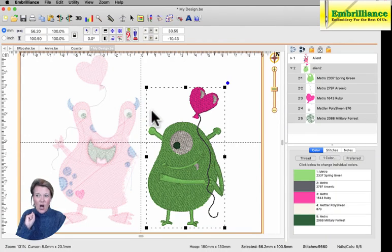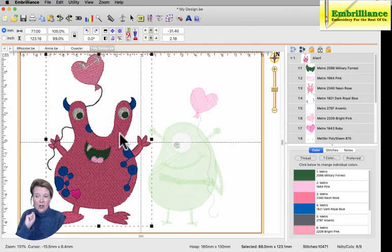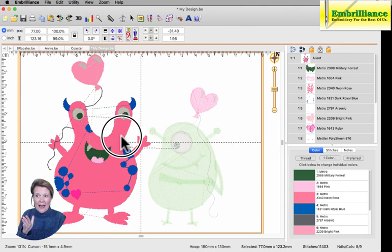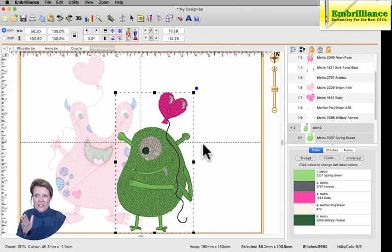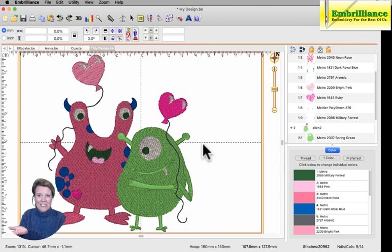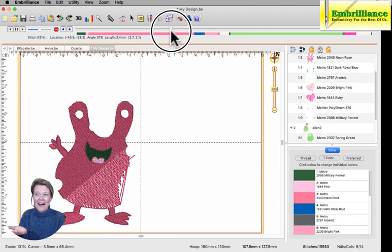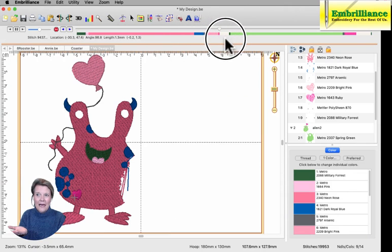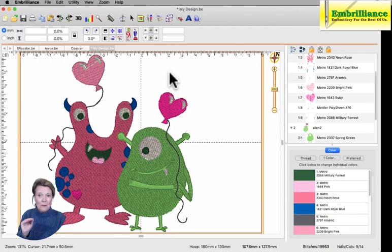However, as soon as I click off and move this guy around, look at that. All those stitches come back. So that is just a preview. Sometimes another way to verify that stitches have been removed is to click on this little scissor button, go to your stitch simulator, and run it so that you can see, aha, there's the hole in my alien. So I know that my stitches have been removed, and when I save my stitch file, they will be removed